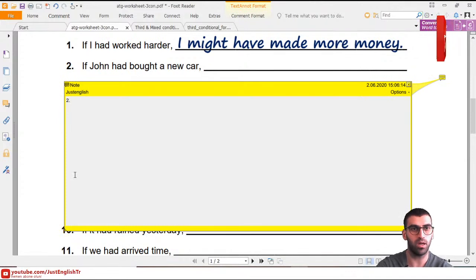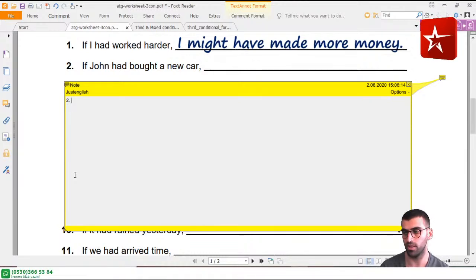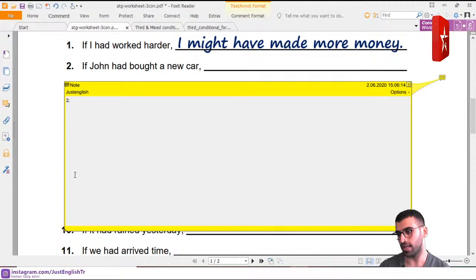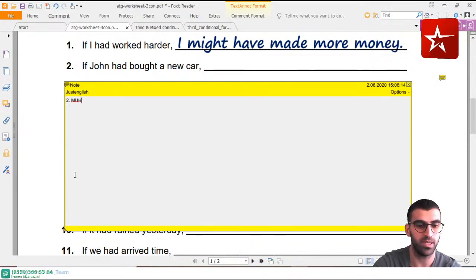Yes, number two, how can we complete the sentence? So just use your own idea in order to complete the sentence by using our second conditional sentences. Muharrem Yapıcı is here. Welcome back, Mr. Muharrem. Mr. Muharrem says, would have gone to the picnic. Yes, we would have gone on camping also. Like Mr. Muharrem says,